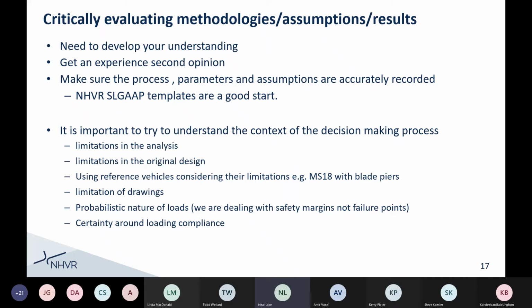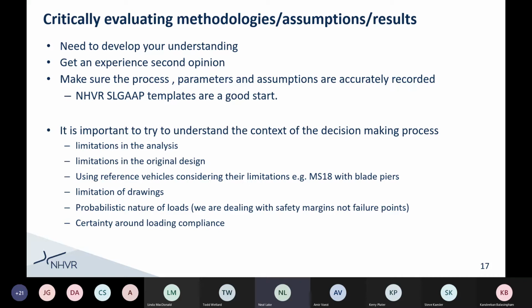And I think it's always important to think about the fact that our loading and also our strengths are what we would call probabilistic in nature. And so what that means is that there isn't an exact load. There's only the chance of loads occurring. So when we actually do our calculations, what we've done is made some assumptions about how big we think those loads could get. And so when we come up with results out of some of these tiers of assessment, realize that an